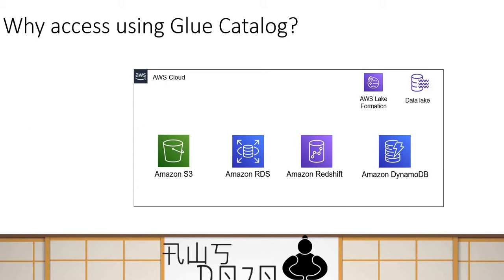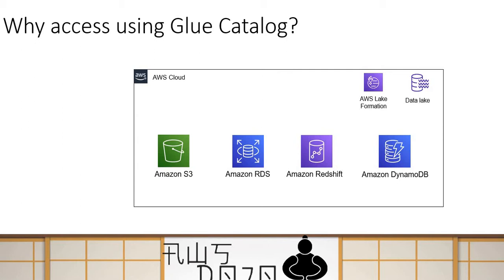Now, once you register this data into your data lake, you need to find some way to discover your data. S3 might have 10 buckets, 10 different sets of data. RDS might have 3 databases, each with 15 to 20 tables. Same for Redshift. DynamoDB has got 15 different tables. So your data is there, but it is spread across multiple data sources, and you don't have a unified view of your data. And Glue Catalog provides you that unified view.